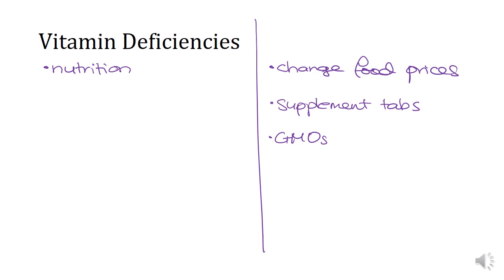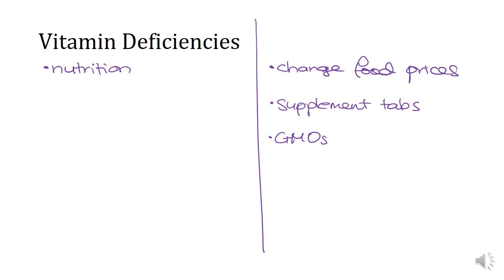In environments where rice is a staple crop, where there might be vitamin A deficiencies, something like golden rice is really important because it gives access to vitamin A without necessarily being a supplement tablet. It's something that can be grown and propagated, and it's something that